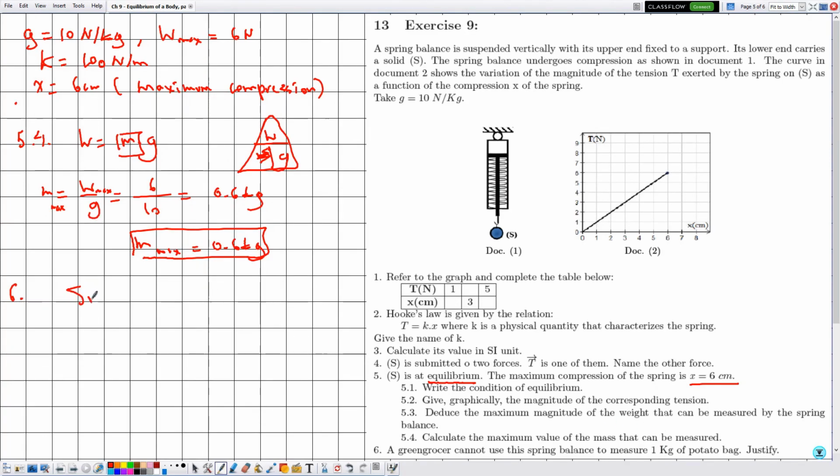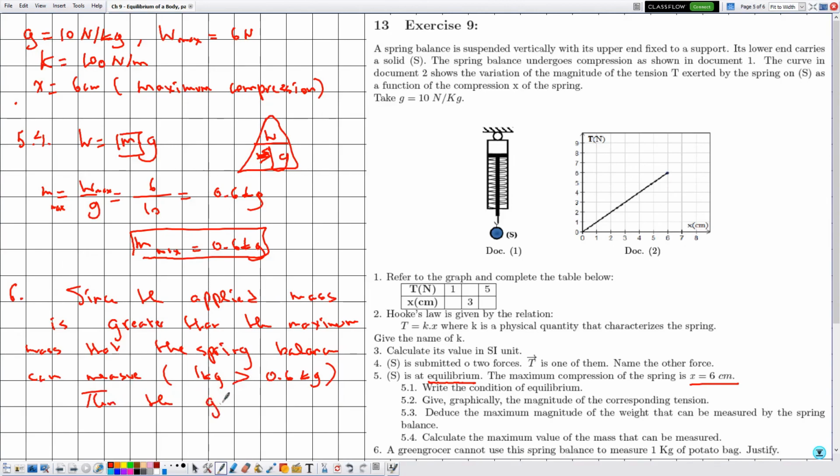So since the applied mass is greater than the maximum mass that the spring balance can measure, and this is because 1 kilogram is greater than 0.6 kilogram, then